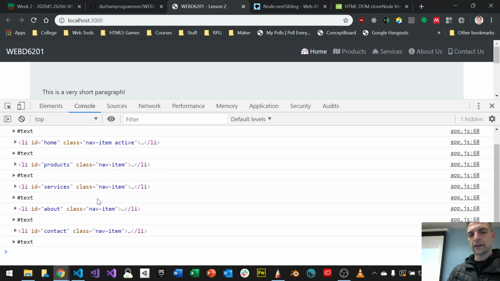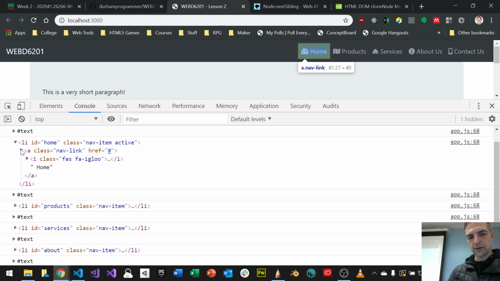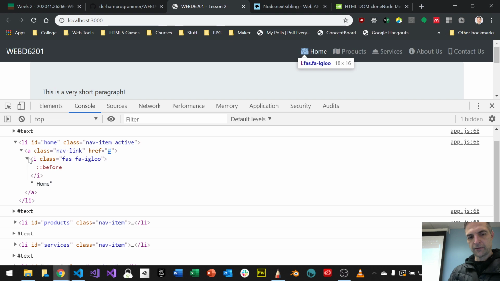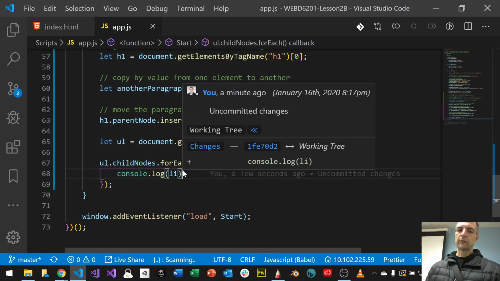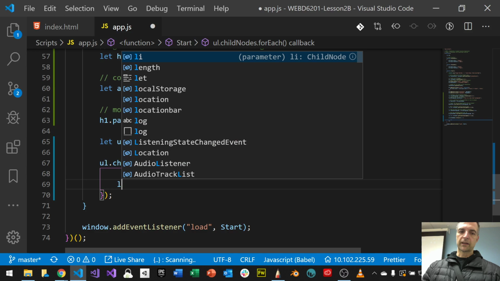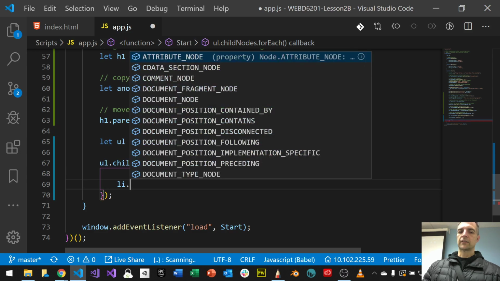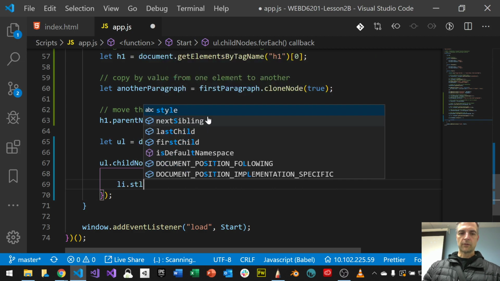So for each list item, I want to remove the list item, right? Just the list item. So that can work, right? I can get rid of the list item. But notice the list item itself also has an anchor tag, and inside that I have an I tag, and these are the nodes inside of my object, right? All right. How about instead of getting rid of them, I hide them? That's also something I can do, right? I can do something like li, each of the list items, and then this is something you can also see, right? Styles. So I want to do my style